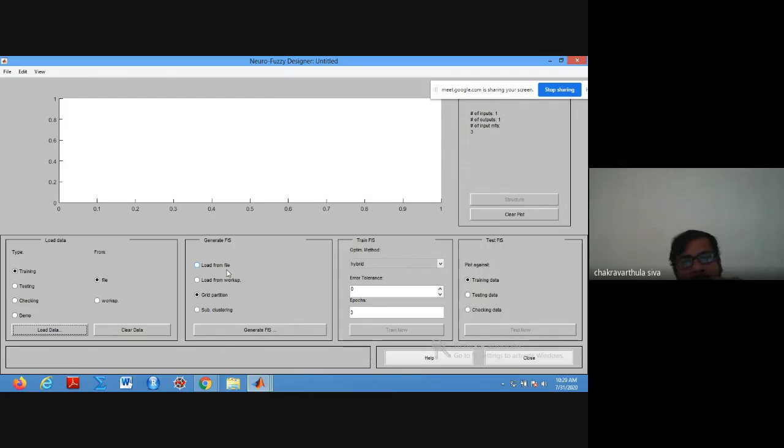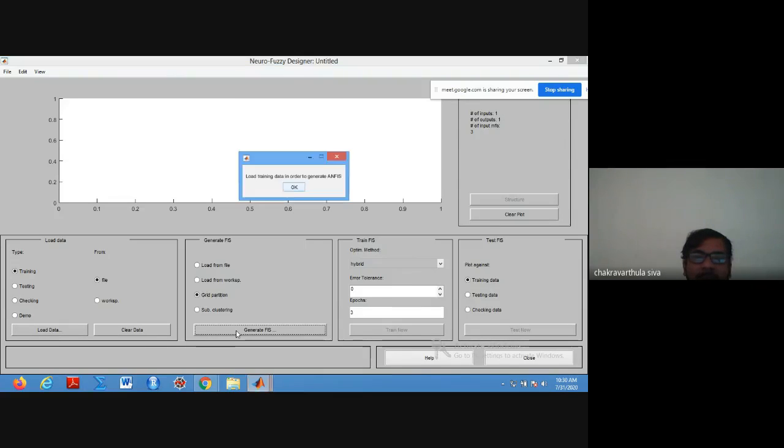Whatever model we made yesterday with the Mamdani or Sugeno approach, the same model we can apply using this Sugeno and Takagi approach as well. If you save that file, you can upload it using Generate FIS from file. If it is already in the workspace, just click on the workspace option so that it generates the base version of the fuzzy inference system, the starting base.